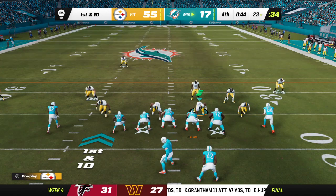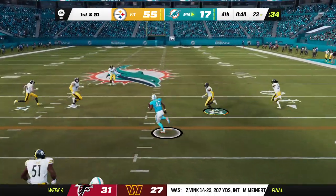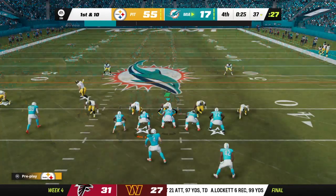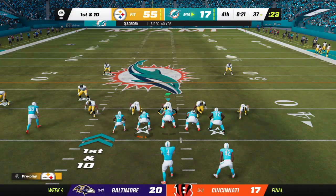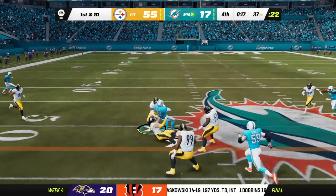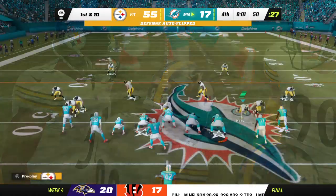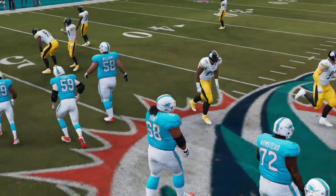Where we stand right now in the fourth quarter, this one pretty much out of reach. And, Charles, I know they're going to be disappointed about several things with this ball game, but the self-inflicted wounds, they've had several turnovers. You would have to think that's going to be something they're going to discuss heavily in the film session in the coming days. You're absolutely right about that, partner, because they're going to have to sit in that film room and watch every error that they made and figure out how to not do it in the future. And mentally, I think a lot of the guys are already starting to think about, okay, how do we put this behind us and